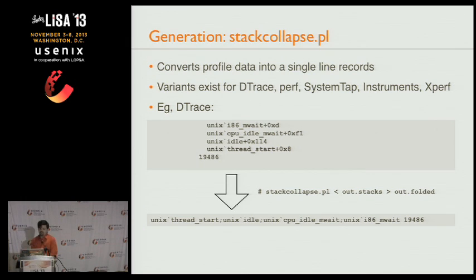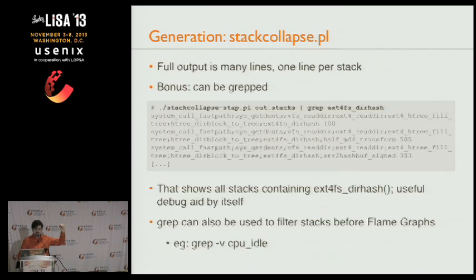What stackcollapse does, I've already mentioned this, is take a multi-line stack and emit a single line. The frames are semicolon delimited, and then it has the count for how many times that stack trace existed. Stack traces are typically multi-line, and living in the Unix command line, we like things to be single line because it makes it much easier to grep, sed, awk our way to success. So it converts it into this single line format, and then that gets fed to flame graph.